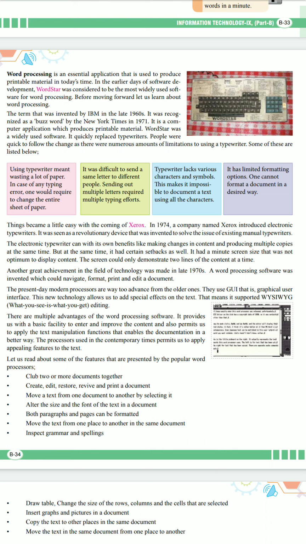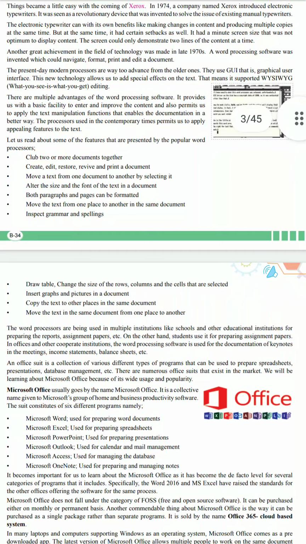There are multiple advantages of word processing software, which provides us a basic facility to enter and improve the content, and also permits us to apply text manipulation functions that enable the document to be made better. Some of the features of popular word processors are given on the screen. As you can see,